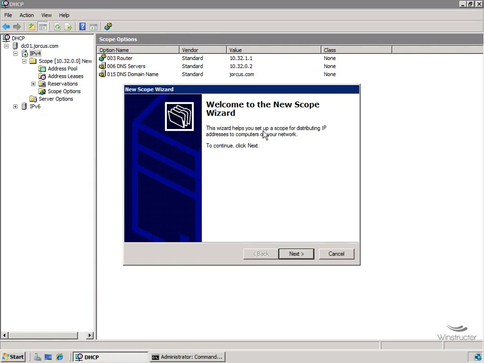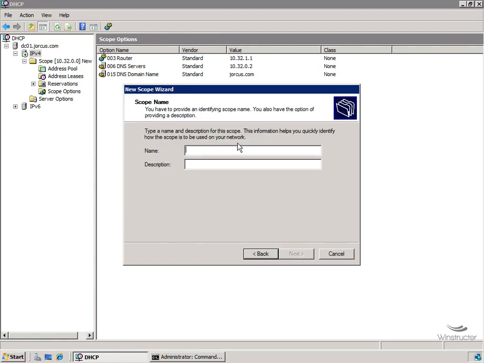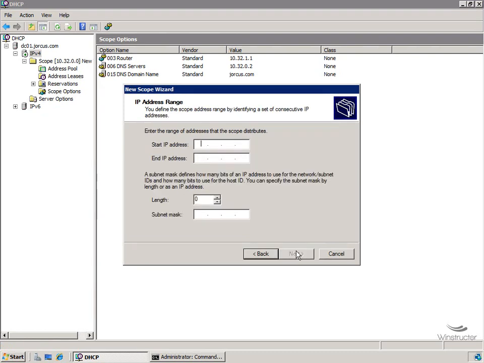So let's run through it again real quick. We'll click next, we'll give this scope a name. Now we called the other one New York, so let's call this one LA. I'll leave the description blank for the sake of this lab. We'll click next. Now we'll need to provide an IP address range, so let's go with a different subnet,